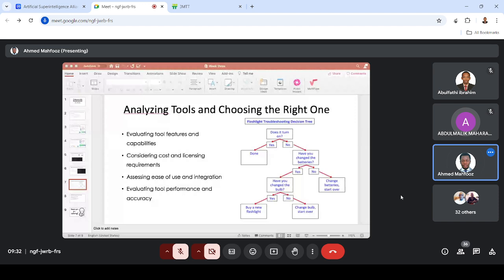Okay. Cost also can be one of the considerations we make when we are choosing a tool to use as a cybersecurity professional, because in some cases your organization may say, okay, we cannot afford this tool, we can afford this. Also, the good thing is we have open source applications or open source tools that you can use as a cybersecurity professional. Among the features you use in assessing which tools to choose is the ease of use. For me, I can say that, okay,